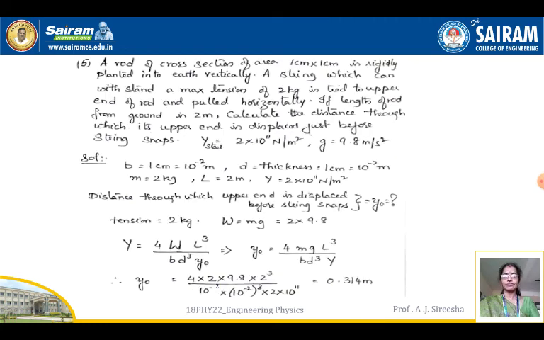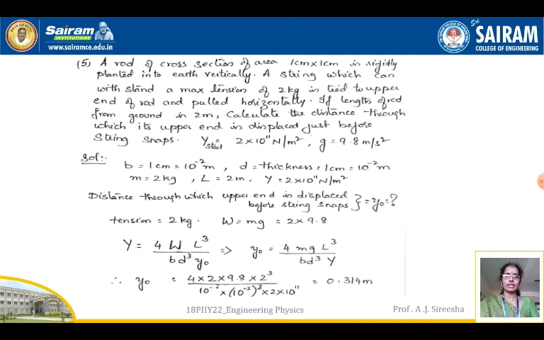Next, a rod of cross section of area 1 centimeter into 1 centimeter is rigidly planted into earth vertically. A string which can withstand a maximum tension of 2 kg is tied to the upper end of the rod and pulled horizontally. If the length of the rod from the ground is 2 meters, calculate the distance through which its upper end is displaced just before the string snaps. Young's modulus of steel is 2 into 10 to the power of 11 Newton per meter square and